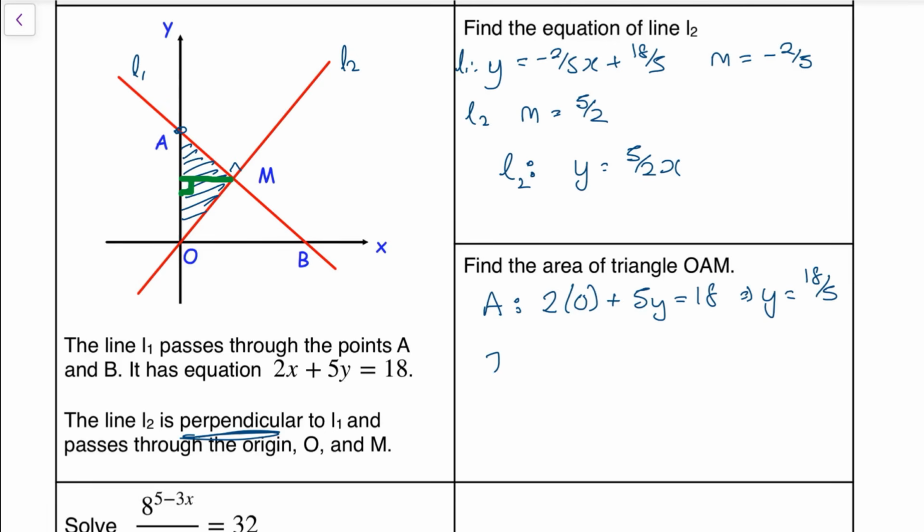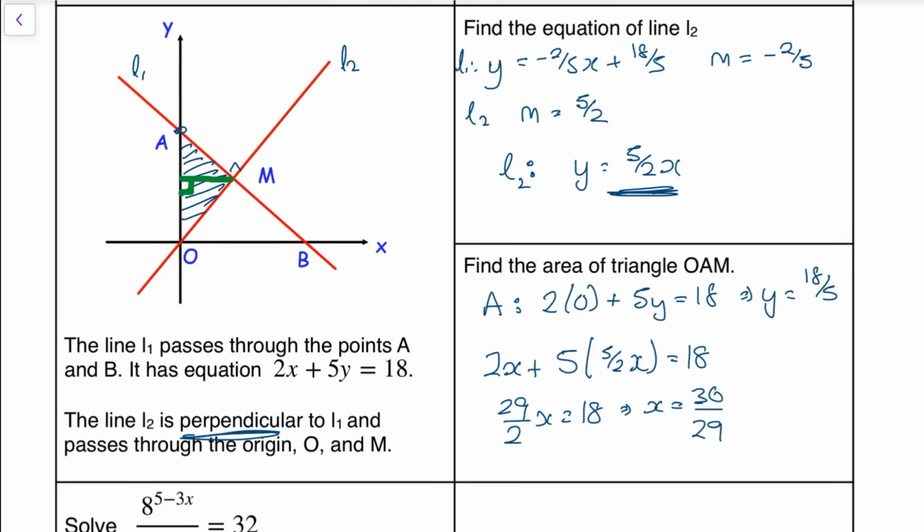So L1 is 2x plus 5y, but I'm not going to write y, I'm going to write this y here, which is 5 over 2x, is equal to 18, which means that 2x, well, I'm going to calculate right. So 2x plus 25 over 2x gives me 29 over 2x is equal to 18, which means that x is equal to 18 times 2 over 29, which is 36 over 29. I shouldn't really use my calculator for that, but that's fine. Remember what I'm trying to find. I'm trying to find the x value here, which is therefore 36 over 29,